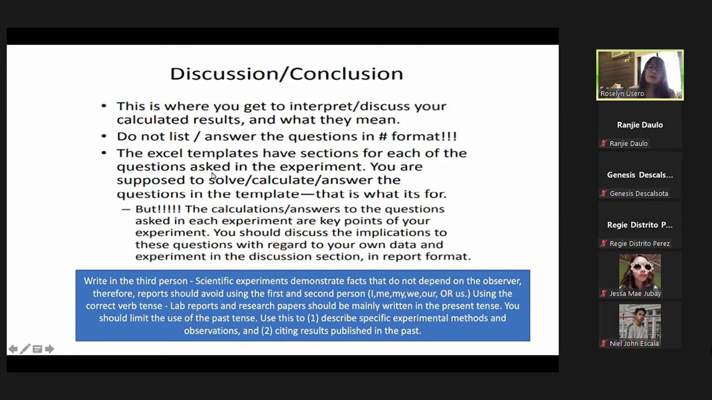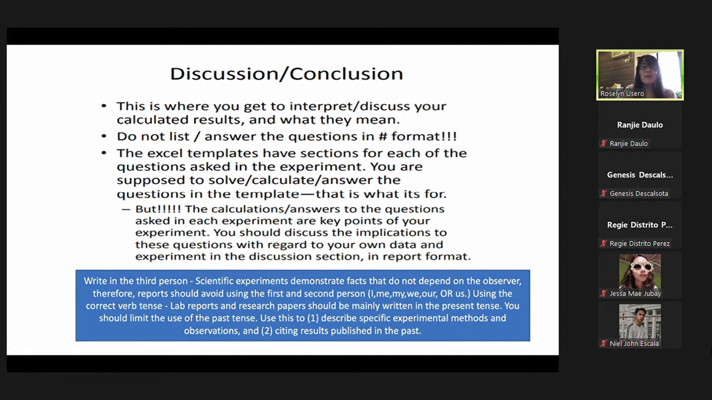Okay, this is the most interesting part of your report. This is in where you get to interpret data, discuss your calculated results, and what they mean. Ano ang applications ng inyong result? Okay, we're used to, di ba, sa unang mag-experiment, ada ng result na dayon. Ano mong result, no? So, what you're doing, no, what your results is all about,